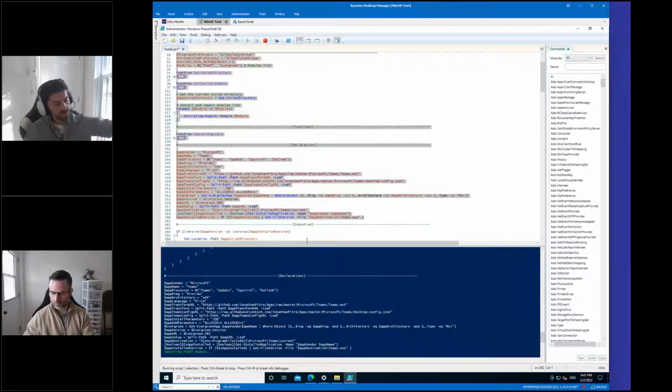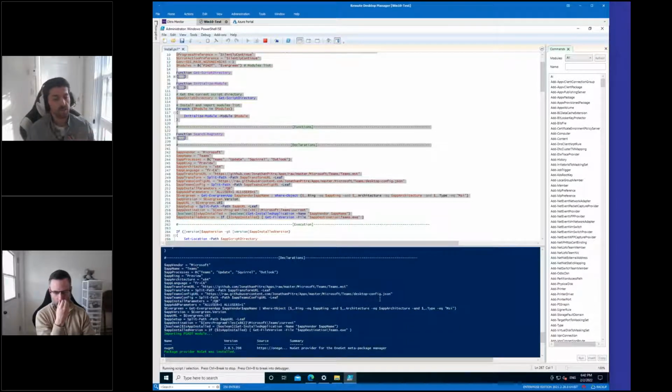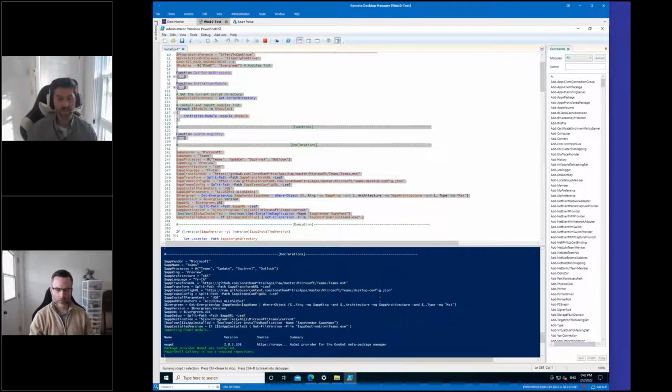So now what's going to happen is it's going to grab the PSADT module from the PowerShell gallery. So you need access to the internet. I know a lot of you out there don't necessarily have access to the internet from your Citrix images. What I always tell a customer is, at least if you have a proxy in place or some sort of security appliance,